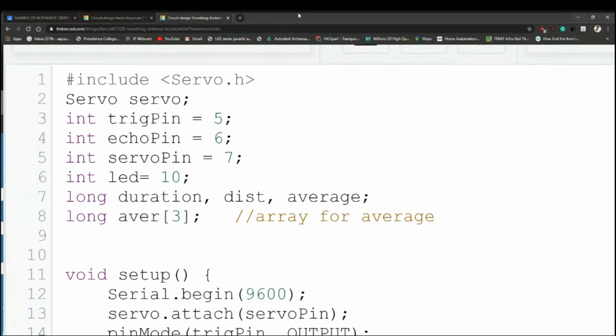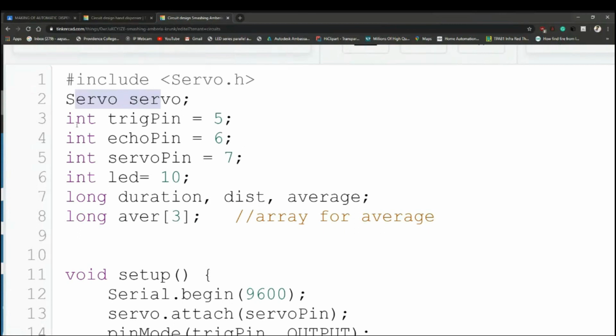So I have included my library, which is #include server.h. The server.h is a header file from the library for the server motor to work. Then I just name the server as server.